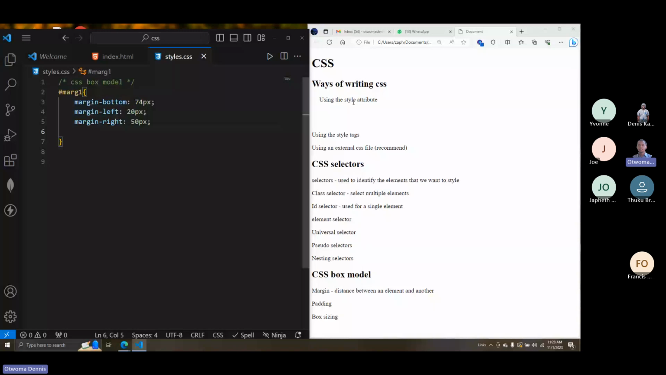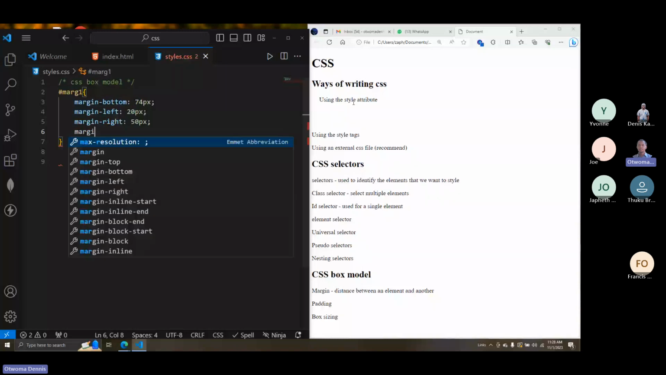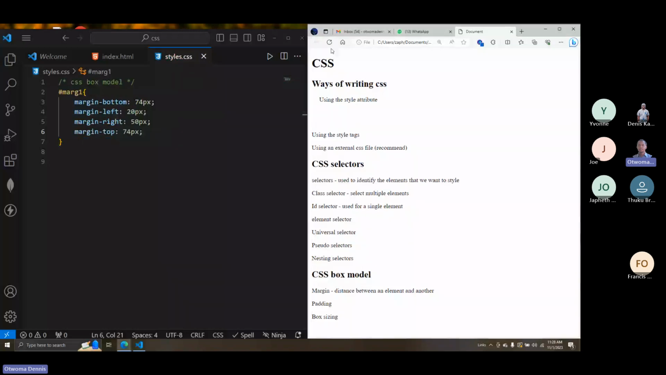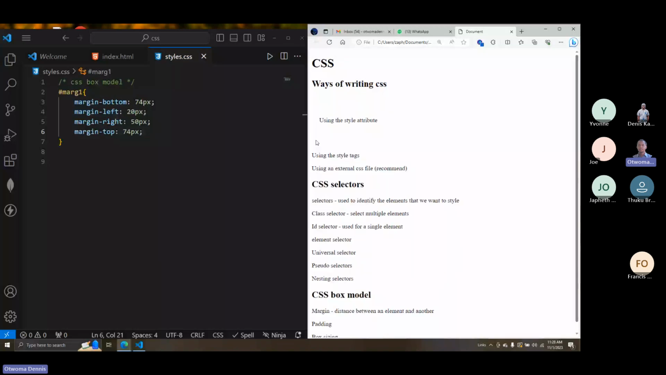Margin top, 74 pixels. And now when you refresh that, you can see that the spacing has actually increased. But you see, we are actually using a lot of properties over here. We can just use something called a shorthand. We can just come here and say margin,